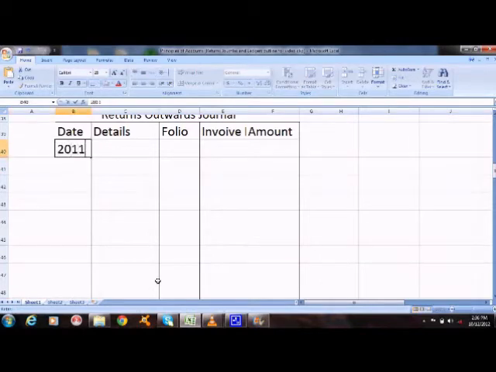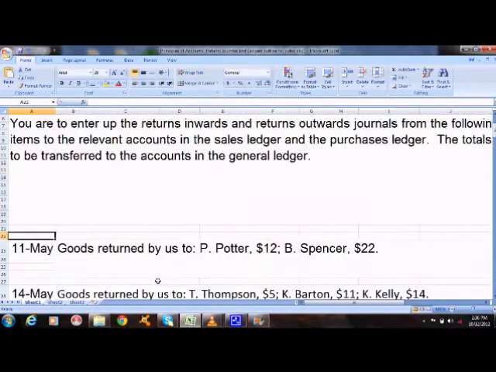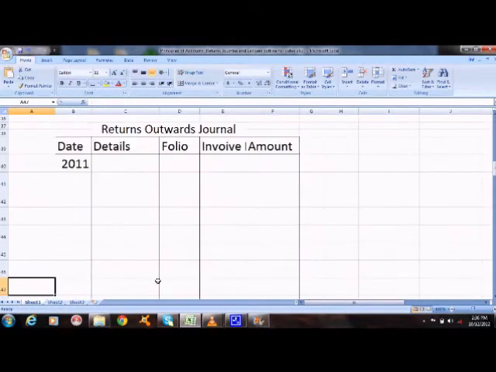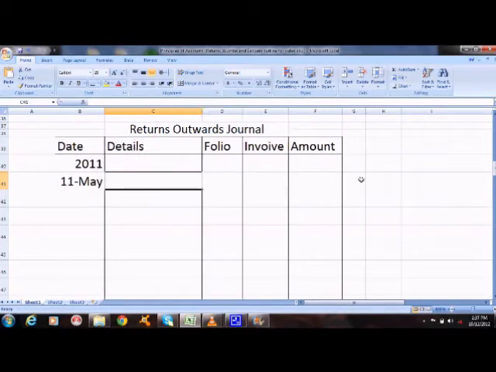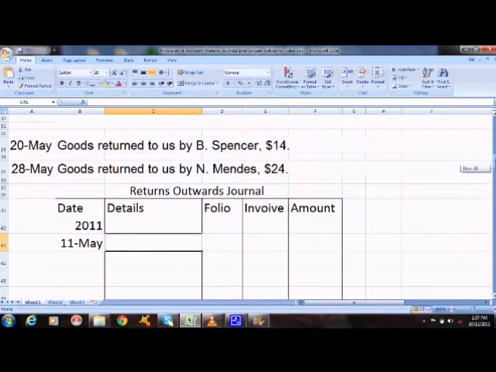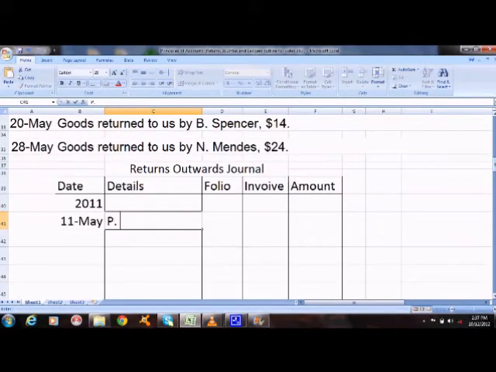We have 2011, and the date is May 11. The first person is Mr. P. Potter. We're going to have P. Potter,